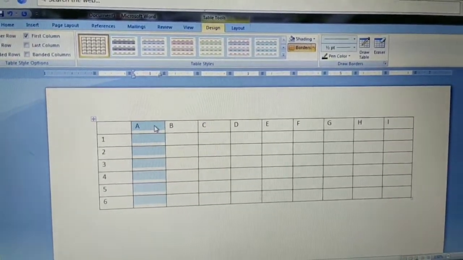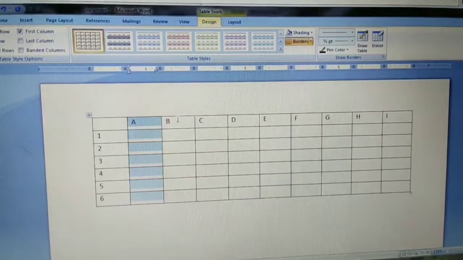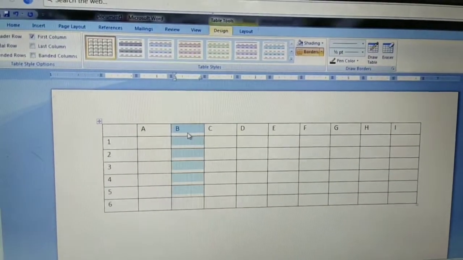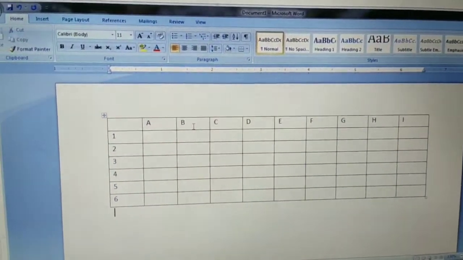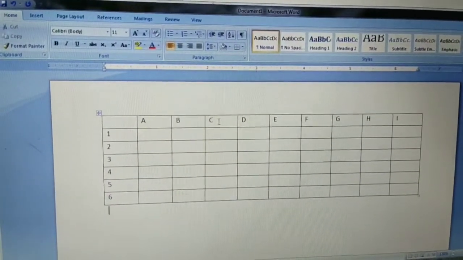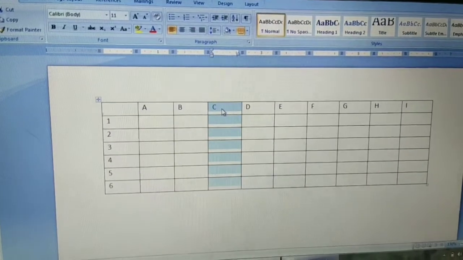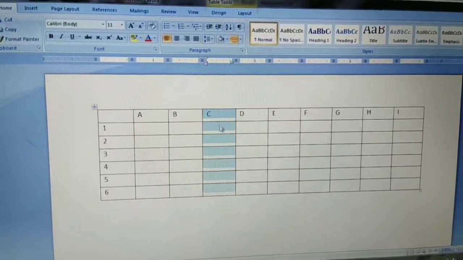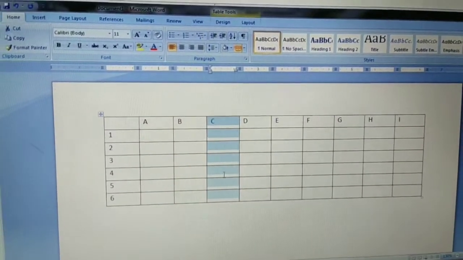The vertical data is called a column. This is the B column, and this is the C column.